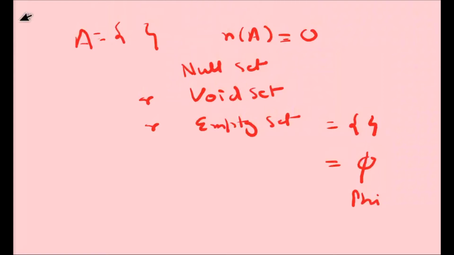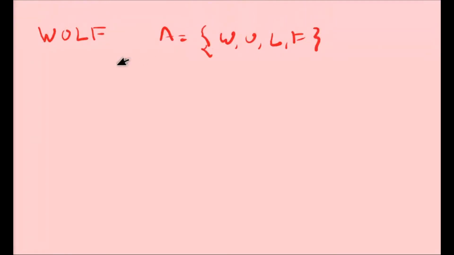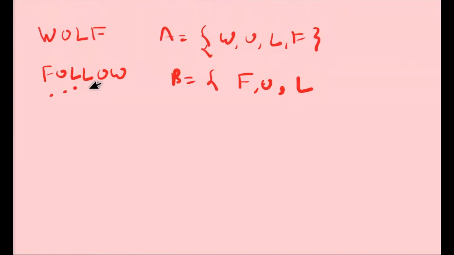Now, according to the number of set members, we are saying some things. Here is a word, WOLF, and let set A be WOLF. Now if we write FOLLOW, what is set B? That is F, this one O, and let here be L. Now we don't write O again. Now we write W. So now you can see,